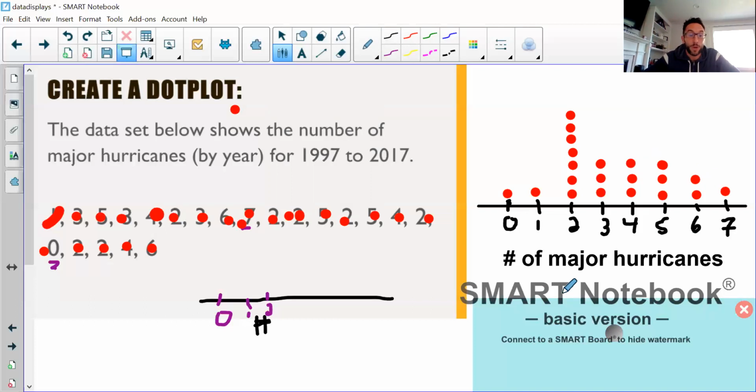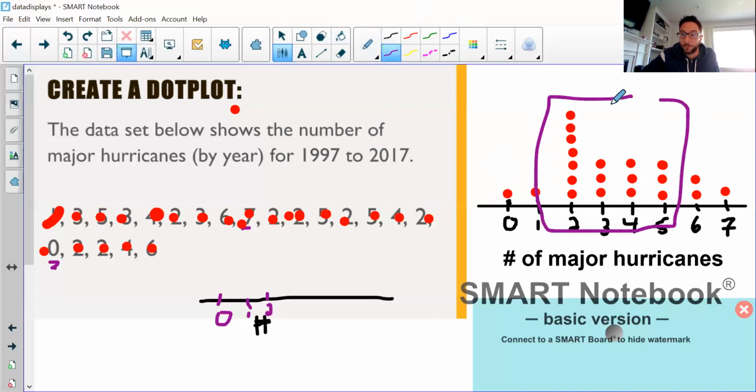And so a dot plot is a quick display, maybe a good tool when we did that choose your best player activity, in case we come back to it. We could see the most common number of major hurricanes for a given year is 2, or we might say the mode is 2. We can quickly tell that just looking at this picture. We can see it wasn't very common for there to be 0 or 1 or 7 hurricanes. We could see that most of the time there's generally maybe from 2 to 5 major hurricanes in a given year. So a quick graph that gives us a nice